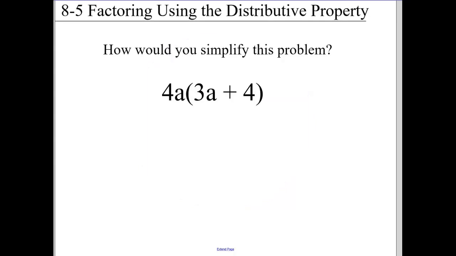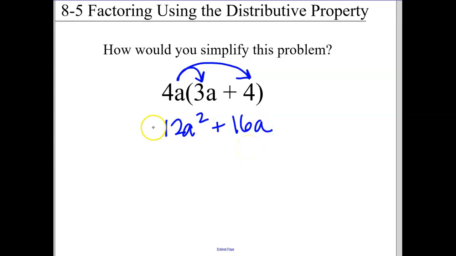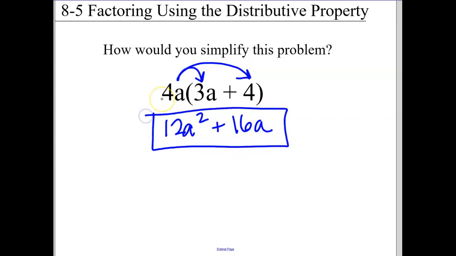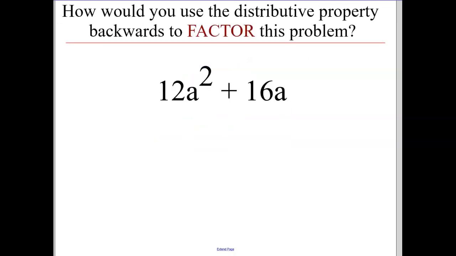Here's what we have done in the past. If you were to solve this, you would probably say, all I would do is take 4a times 3a, 4a times 4, and we would get 12a squared plus 16a. And you would be done. You would have used the distributive property to simplify the problem, right? So now what we're doing is we're taking that answer and saying, how can you use the distributive property backwards